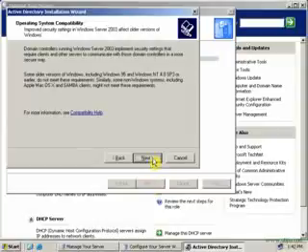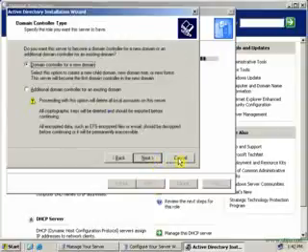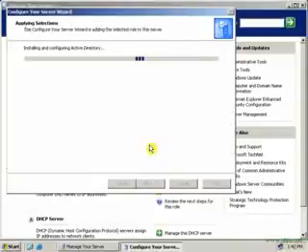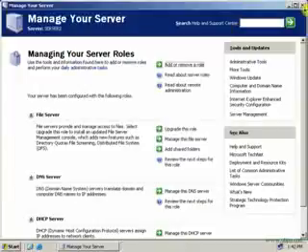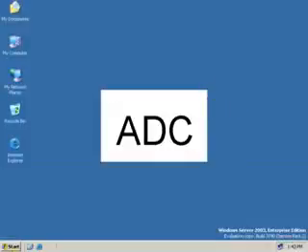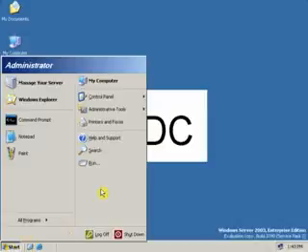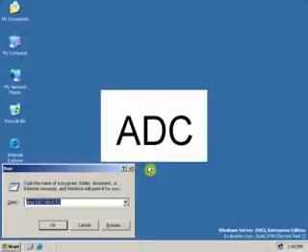But we are going to install the ADC a different way, from DCPromo. Go to Start, click on Run and type